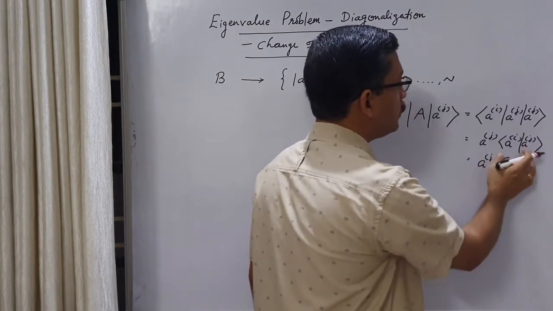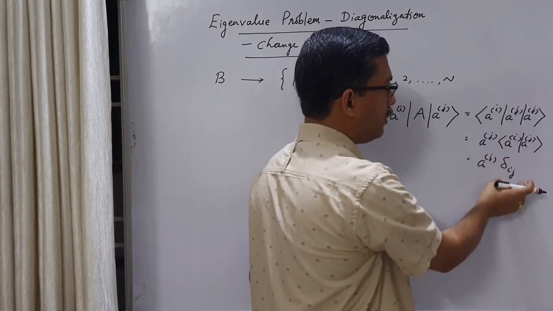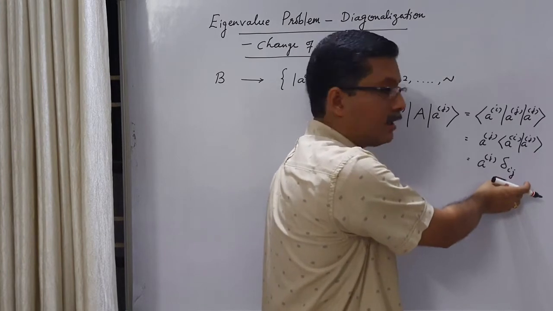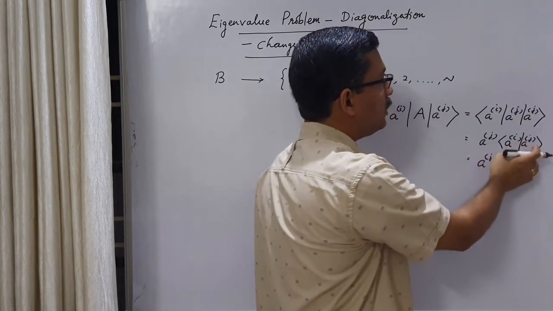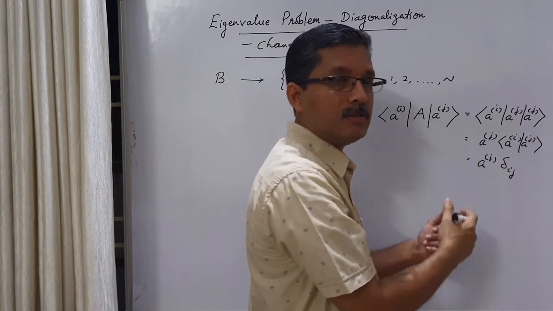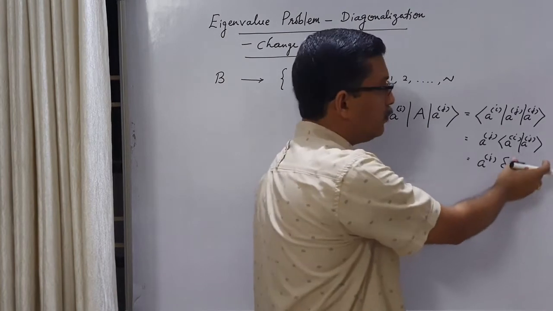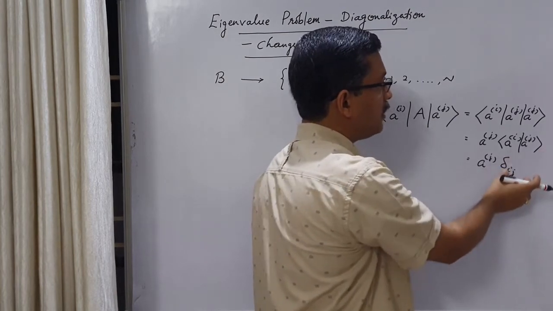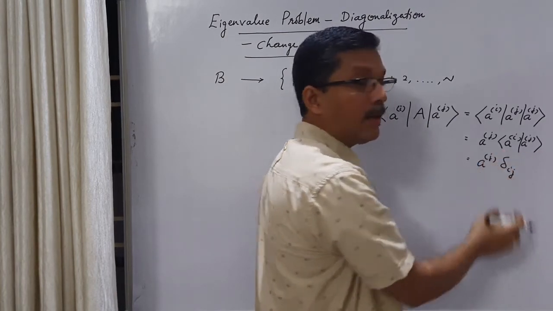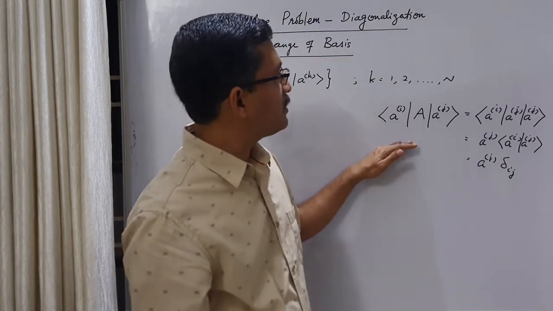That means when i is equal to j, it will be equal to the norm of the vector, which is 1. When i equals j, this Kronecker delta is 1. Whereas when i is not equal to j, these are two different eigenkets. They are orthogonal to each other. The inner product is 0. So the Kronecker delta when i not equal to j gives 0. So both the normalization condition and the orthogonality are contained in this Kronecker delta.